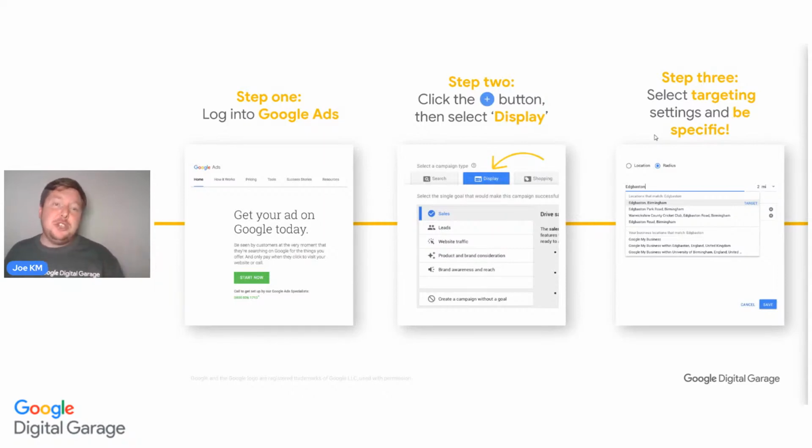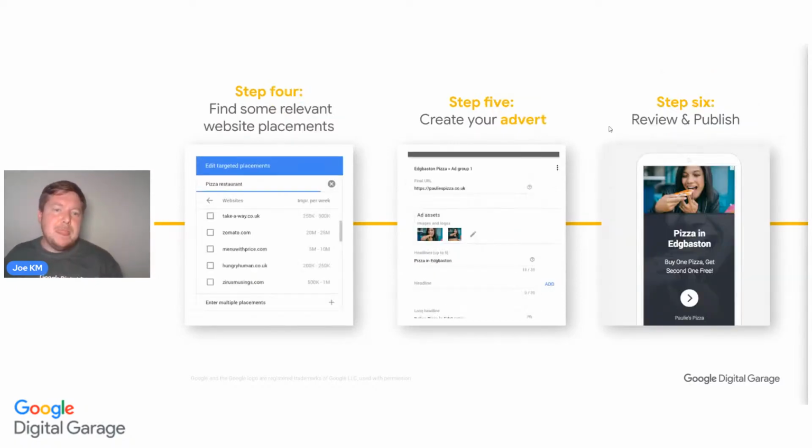So again, we go to Google Ads. Just go to Google, type in Google Ads. Once you've done this, you'll start to have a really good idea of how you can develop a display ad. Then go to sales. Again, choose your area. You can choose a radius around this. I do think they have changed this now, so it is postcodes. So do have a look at that. You can choose a few postcodes in your area.